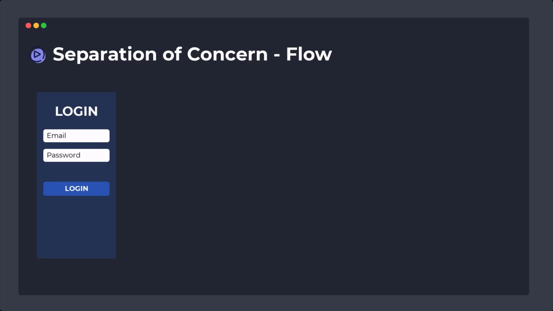So first of all we have a design screen, and also you can imagine that we have a login_screen.dart file which is currently containing a simple design of this login screen. When the user enters his email and password and then clicks on the login button, we are going to take this email and password, and by calling that function we will redirect all this data